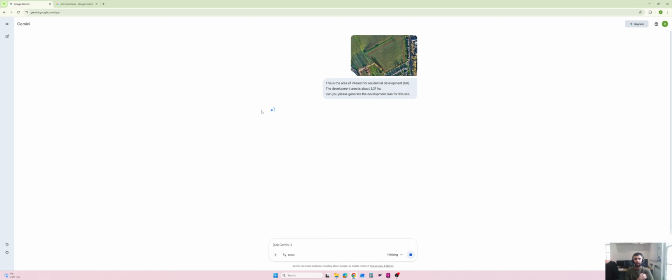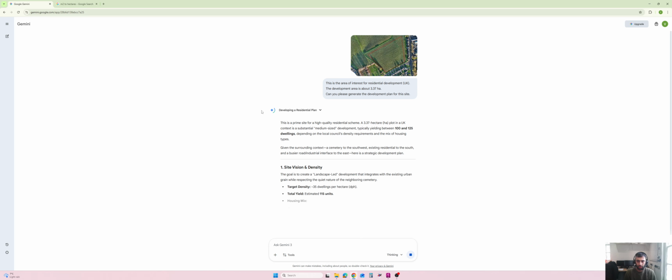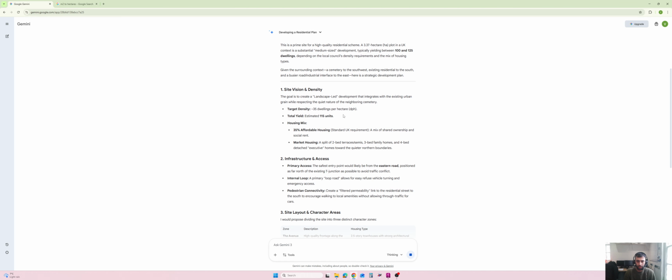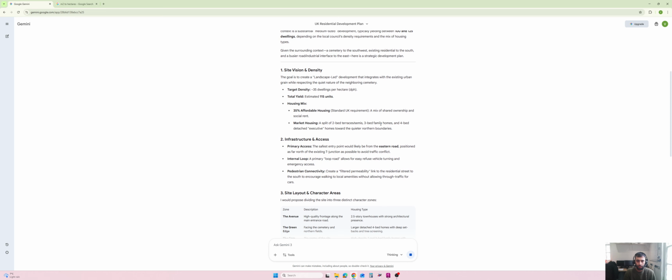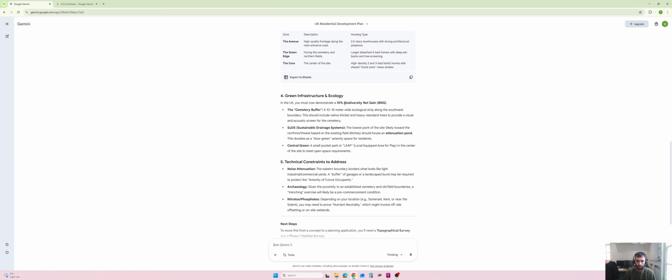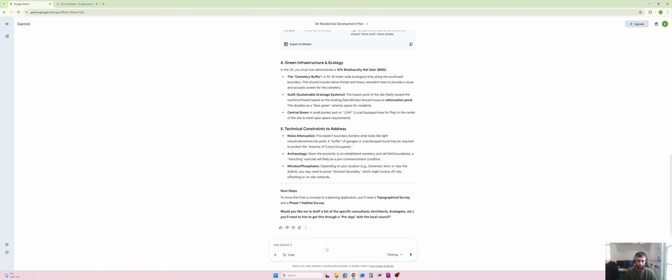So yeah, I have just put the prompt in front of you, and now let's see how Gemini works. Go through from this one. So it has mentioned that this is the density, that you can have 35 dwellings per hectare. This is the standards, and then all of the other things. Now I am going to say, can you please generate the image like PNG or